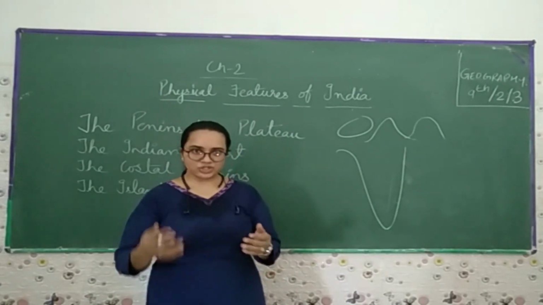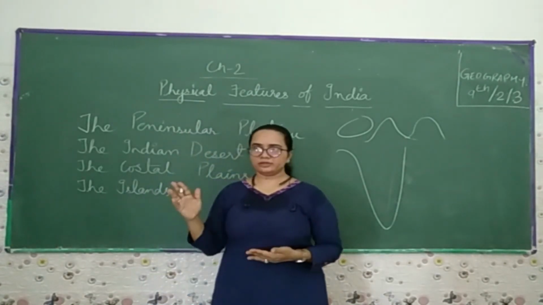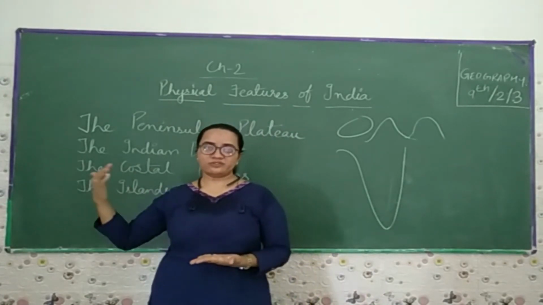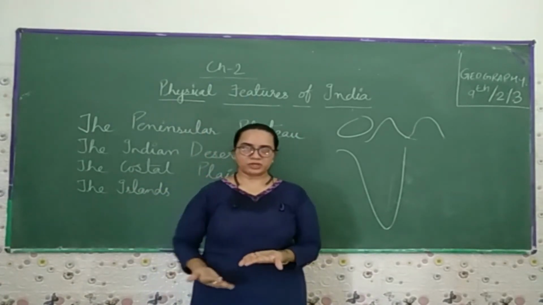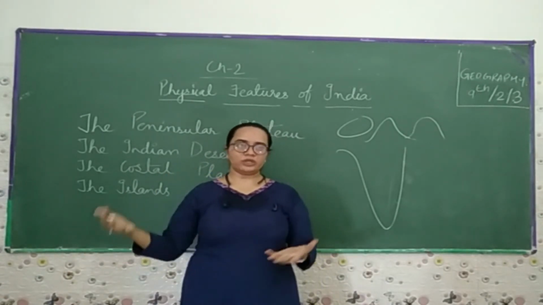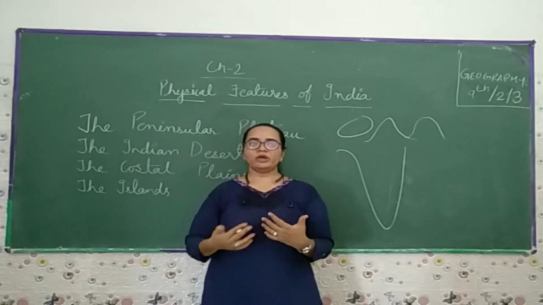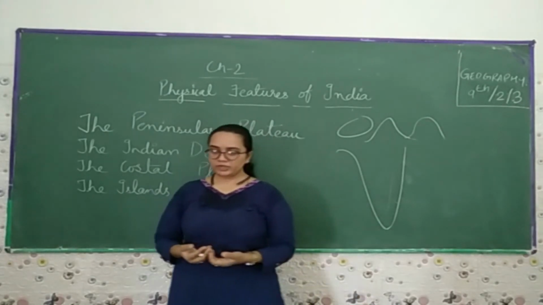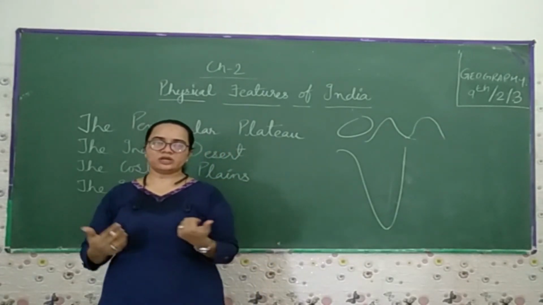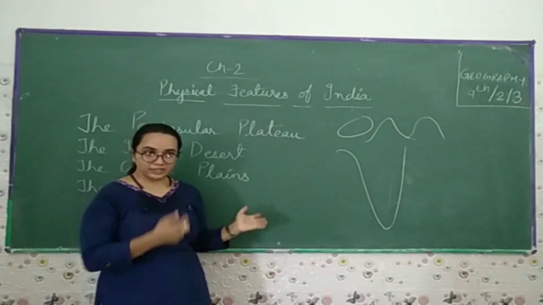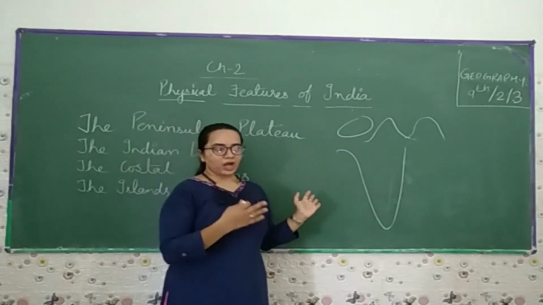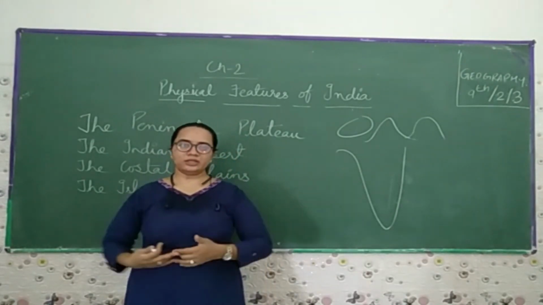So, in this chapter, what we have covered is how the physical features have emerged, how the geographic features have emerged, why there are natural disasters or acts of God, the earthquakes, and the volcanic activities. If we talk about Gondwanaland, which is the oldest landmass of the world, we find how it used to become the continent.